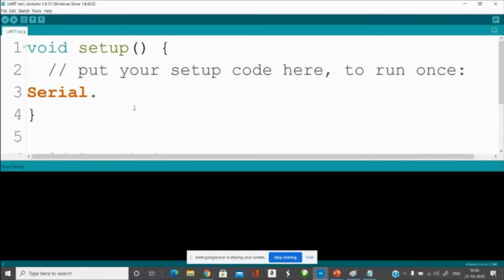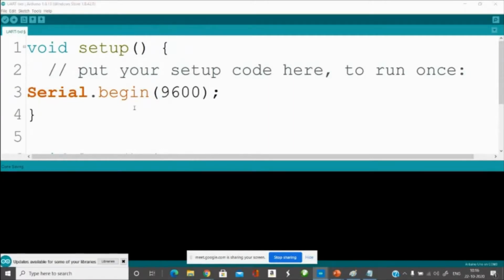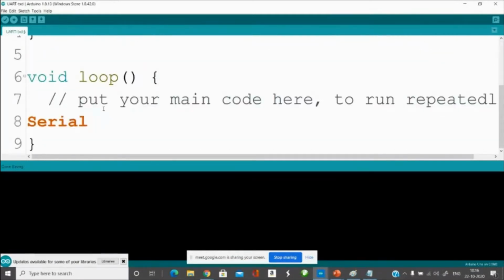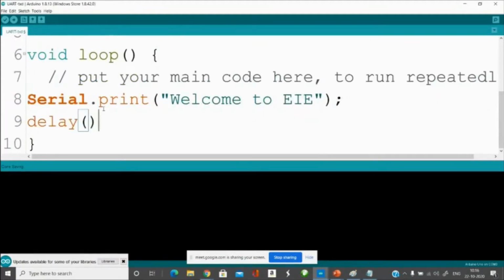Serial.begin: what baud rate do I want? 9600. That is the only line that will start the serial communication at 9600 baud. Then in the loop part, Serial.print. What do I want to print? I want to print "Welcome to EIE". I also want a delay of 1000. That will print "Welcome to EIE".